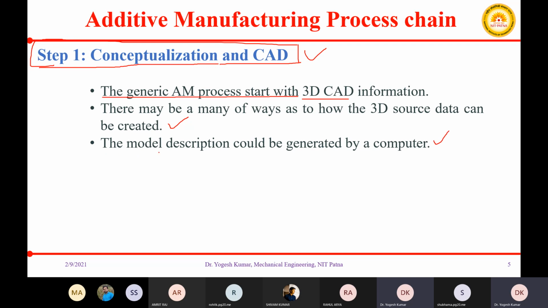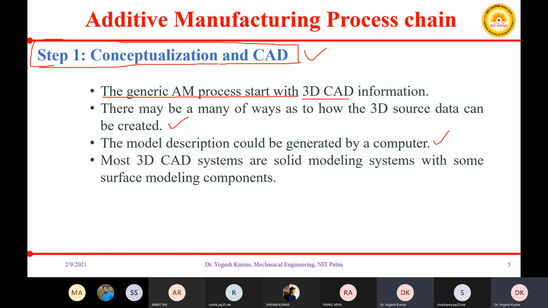Based on the model description, we create a 3D model of the component which we desire to produce. So we create a 3D CAD model of your object, and for this we use solid modeling systems.